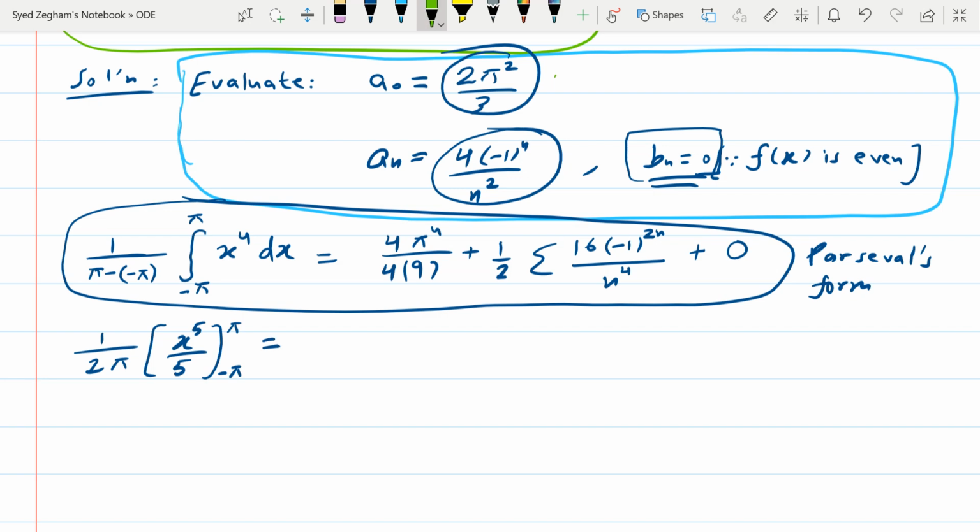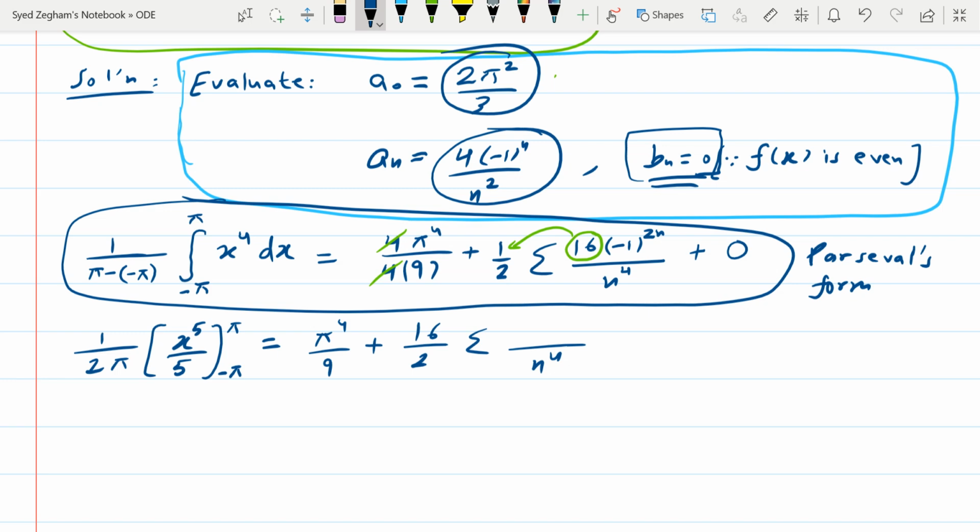Now here if you see on the right side, this 4 will cancel with the 4 in the denominator. So this gives us pi power 4 over 9 plus, here if you see this 16, this is a constant, so we can keep it outside, right? So this will give us 16 outside divided by 2 summation